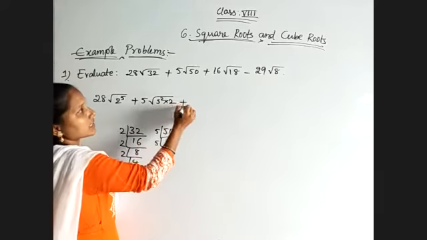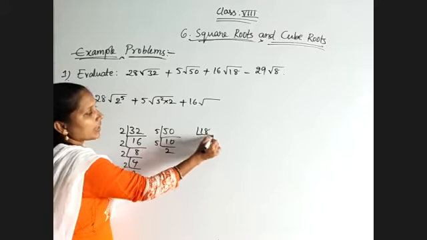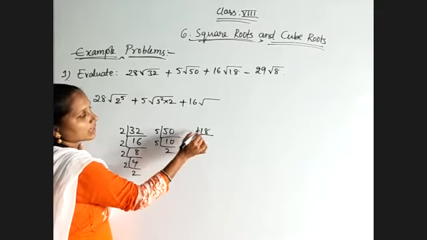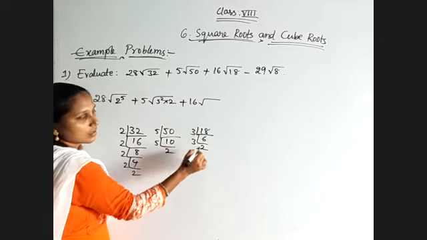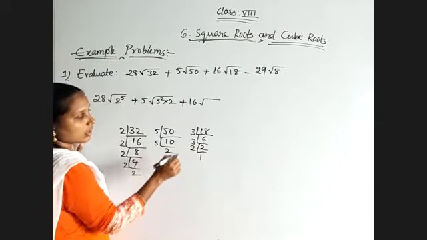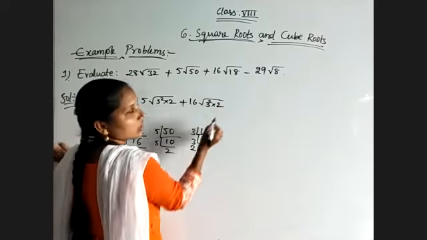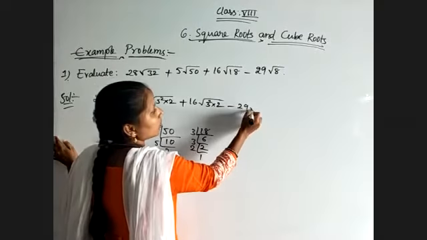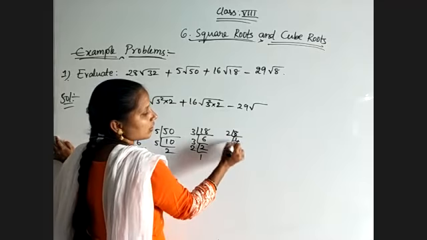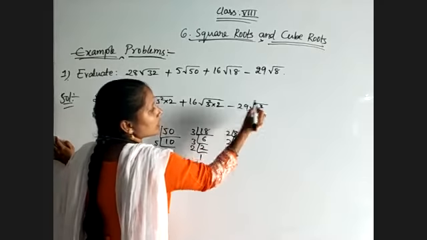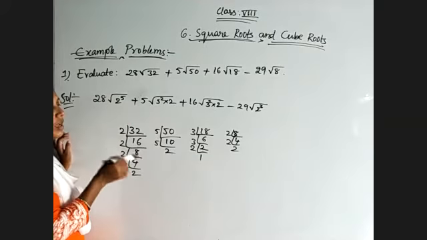And next plus 16 root 18. 18 prime factorization we must do. So what will we get? 3 sixes are 18, 3 twos are 6, so 3 square and 2 power 1. 3 square and 2. That's all. Minus 29 root 8. 8 is nothing but 2 cubed. So 2 cubed. First of all, we are taking their prime factorization. After that,